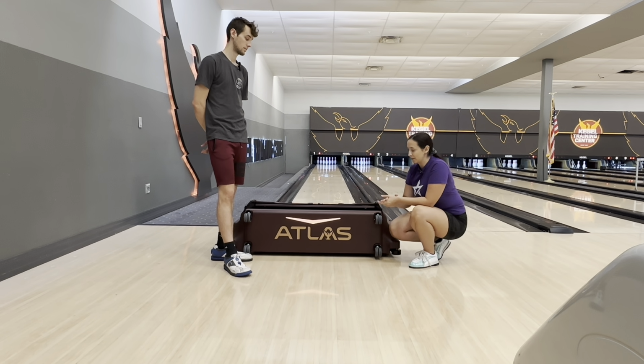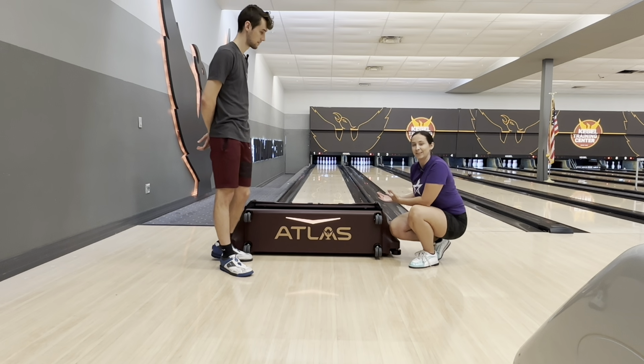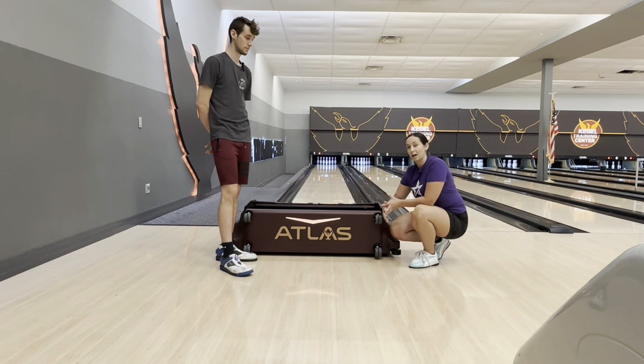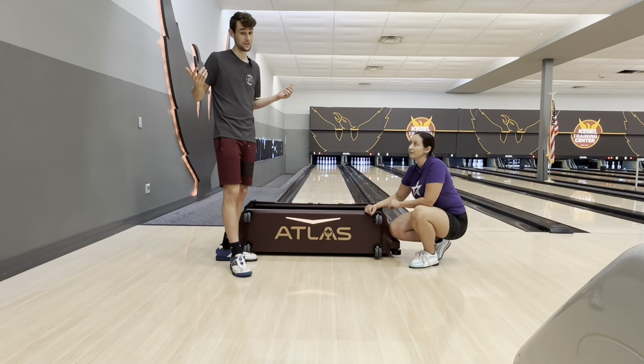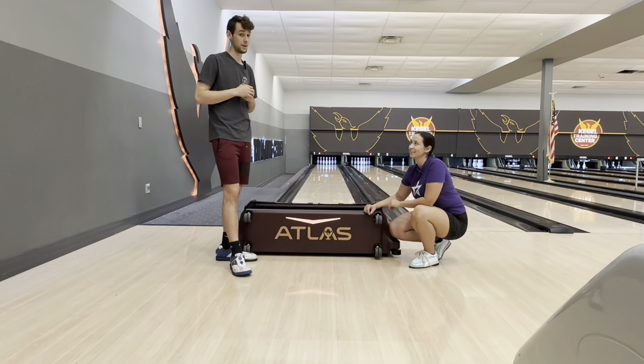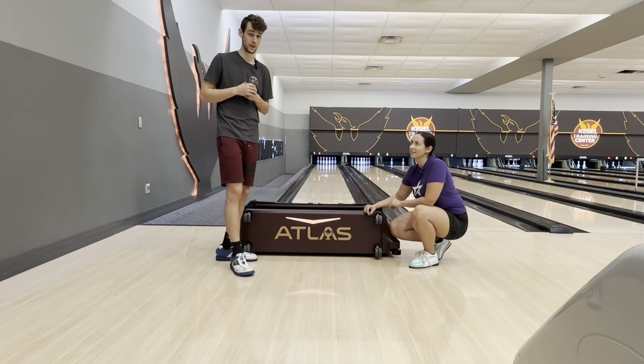The Atlas definitely opened up some new technologies for Kegel to be able to do what they did on lane 2. It was the same pattern, same volume, everything was the same. This machine just does something a little bit different that allows them to apply less oil to the lane in a different way, and it's opened up the windows to what is possible with patterns going forward. You guys are just going to have to stay tuned and see in the future what's going to happen, but it's some very exciting things, and once again, thank you to Kegel for letting us be a